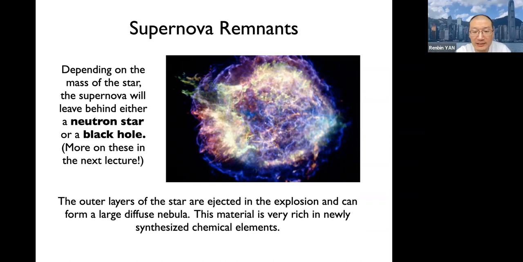So we know that the carbon in our bones and the oxygen we breathe come from nuclear fusion in stars. But some of those also come from supernova explosions. So we are not only the children of fusion in stars, but we are also children of supernova remnants. And the solar system is very rich in these heavy elements. The reason is that the sun was formed in a previous supernova remnant.